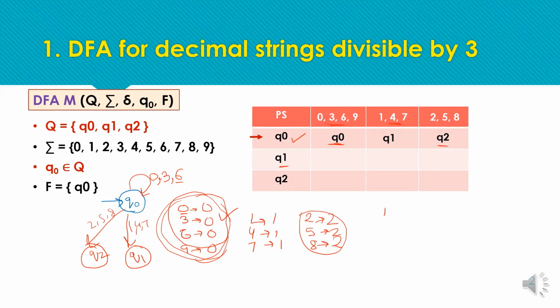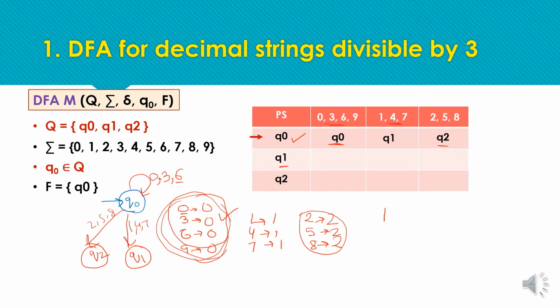So if we are having 1 as remainder, next we have to mark the transition for other input symbols. We are having 1 in hand. Now if we receive any symbol from this set, so on getting 1 at Q1, we are having a 1. Next we can consider any one symbol from the set.